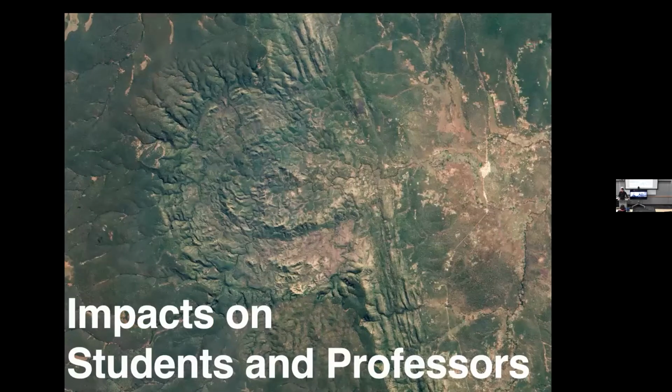This is a picture of an impact crater in the Democratic Republic of the Congo that is 11 miles wide and over 500 million years old. You're going to see a lot of images of impact craters. The reason there's an impact crater is because I like pictures, and I think impact craters are pretty fascinating. But to that point, also, we're going to be talking about the impact that the Wikipedia assignment has on students, professors, and the world, and especially the long-term impacts that the assignment will make on them and you.